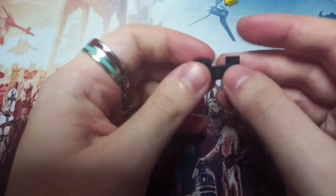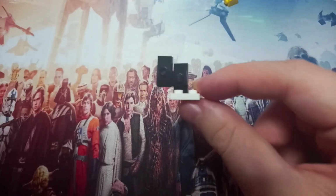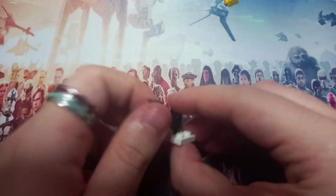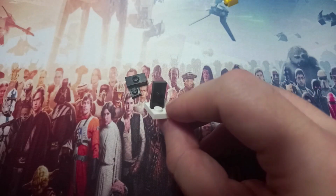onto that stud, and because they're all in system respective to this plate on its side, this is a completely legal build. So there are ways of going around it and making these sort of techniques legal without damaging any